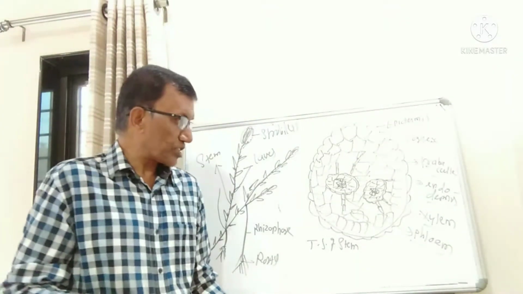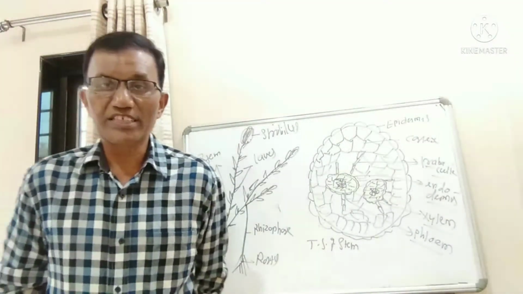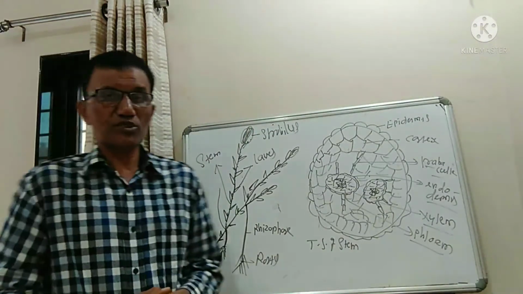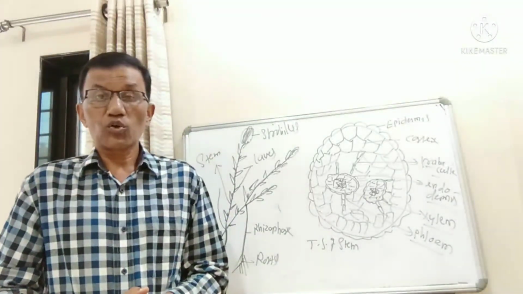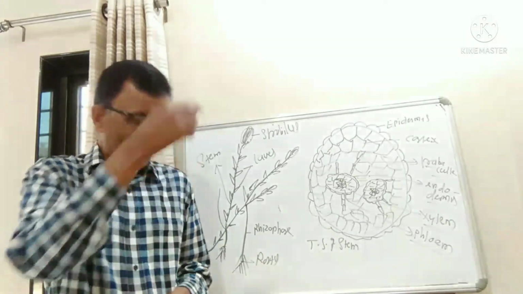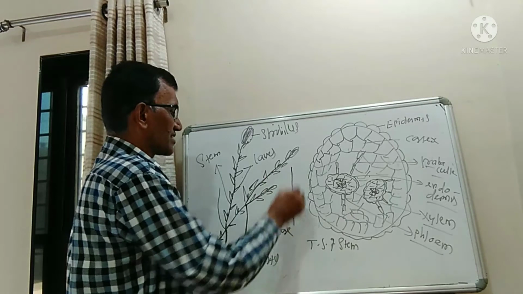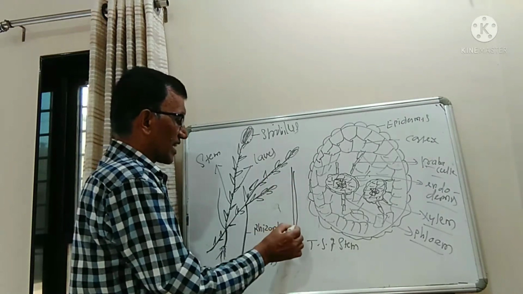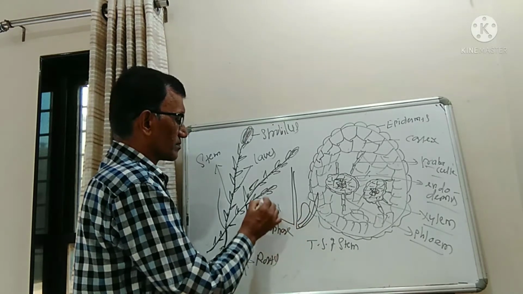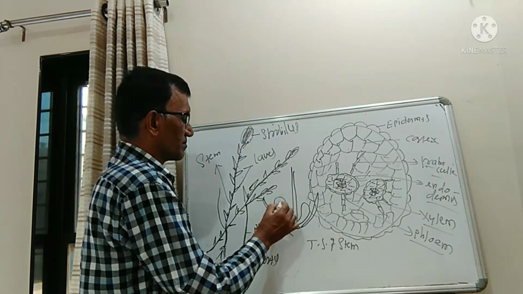While discussing reproduction, I have already mentioned that it is heterospory in nature. While taking the longitudinal section of the strobilus or cone of Selaginella, we will find there is a central axis. Here there is a central axis like this. From that central axis, there are sporophylls. And these are the sporangium.